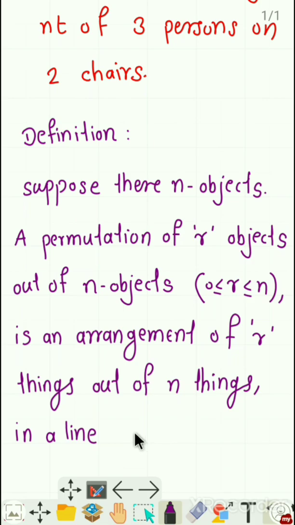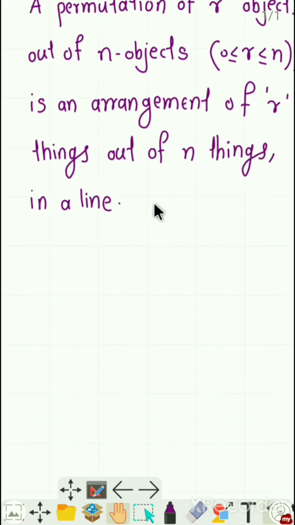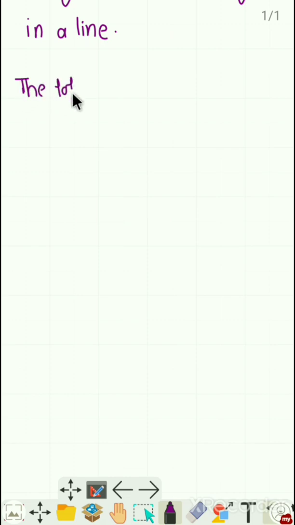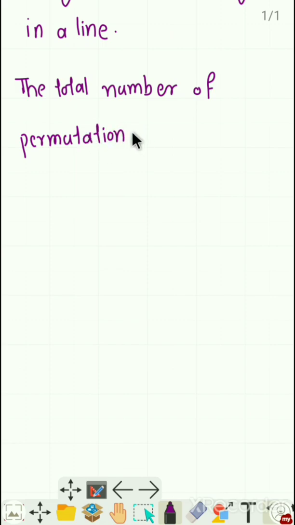The total number of permutations is denoted by